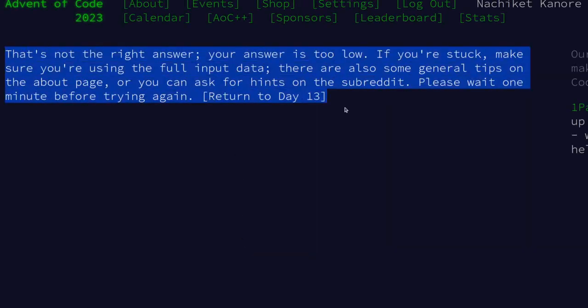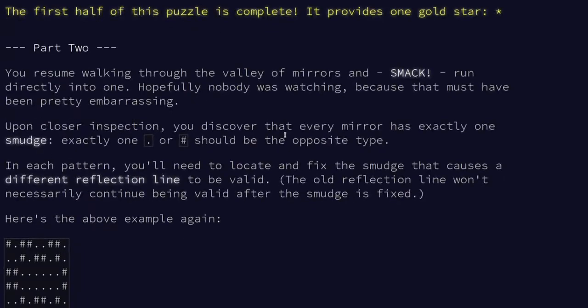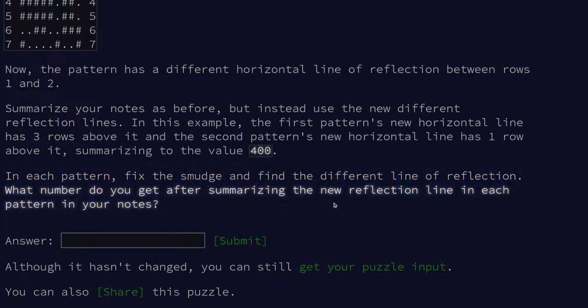Answer is too low. Summarizing the new reflection line, and they are not even saying that there can be multiple reflection lines. I'm not saying that there won't be, but since they have mentioned that there will be exactly one,